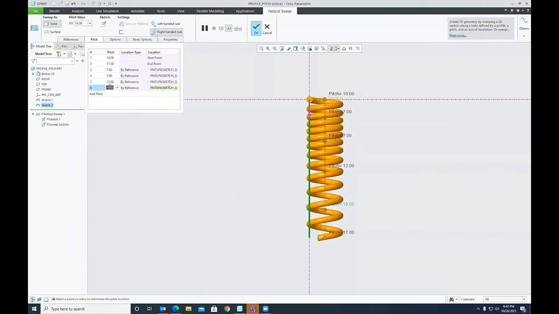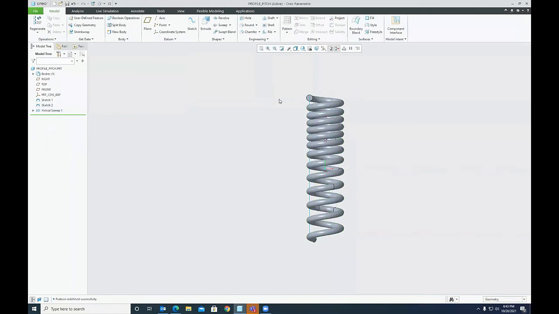Or say this should be 14. So now you can clearly see that the pitch is now variable and profile is constant.